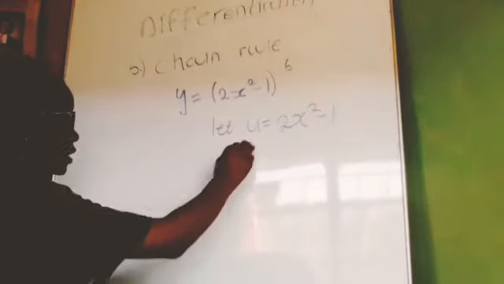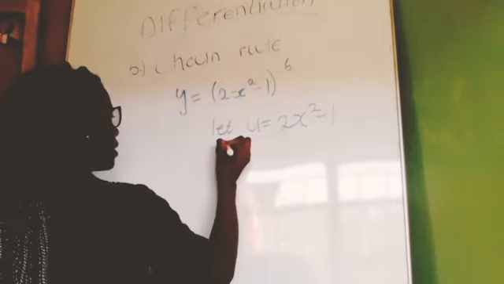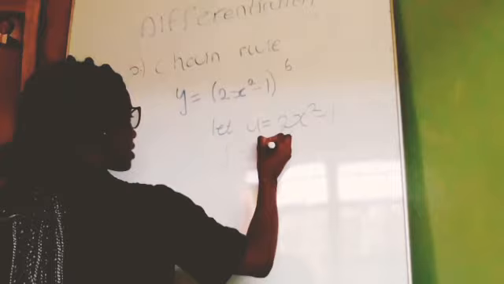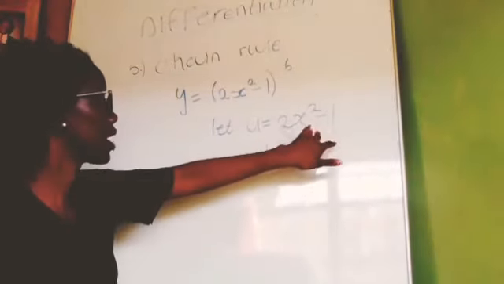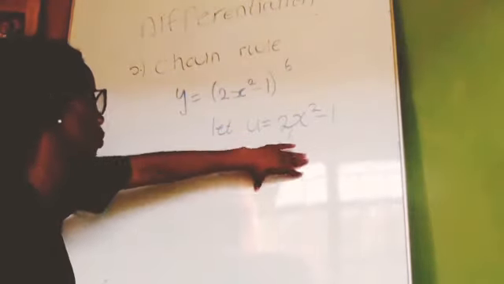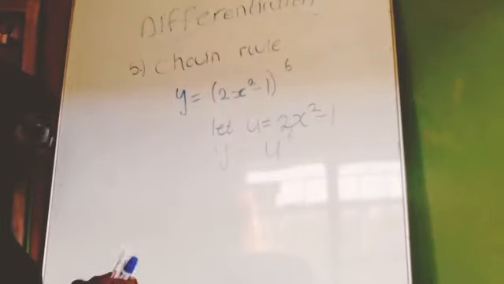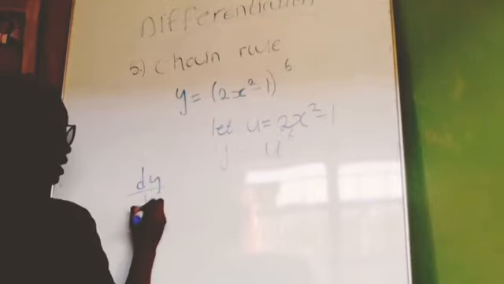So if u is equal to this, therefore y will be equal to u to the power 6. Since we've said let u be equal to 2x squared minus 1, we've just replaced this whole function with u. So with the chain rule, to get the derivative, to get your dy/dx,